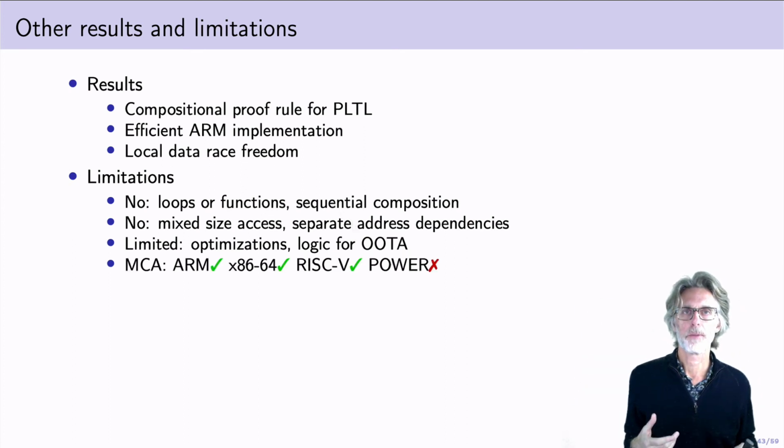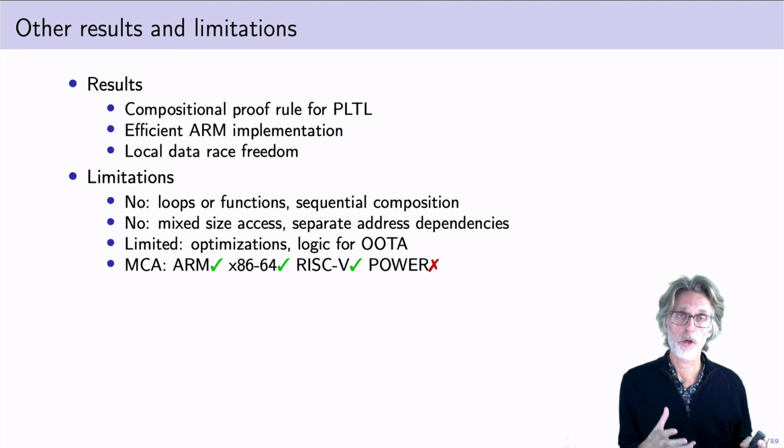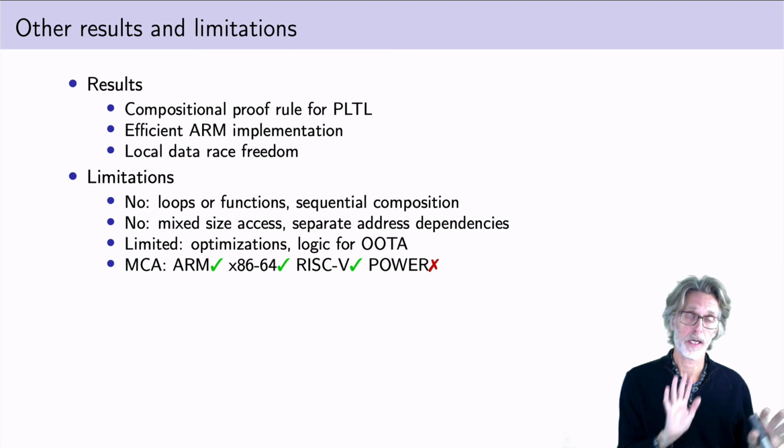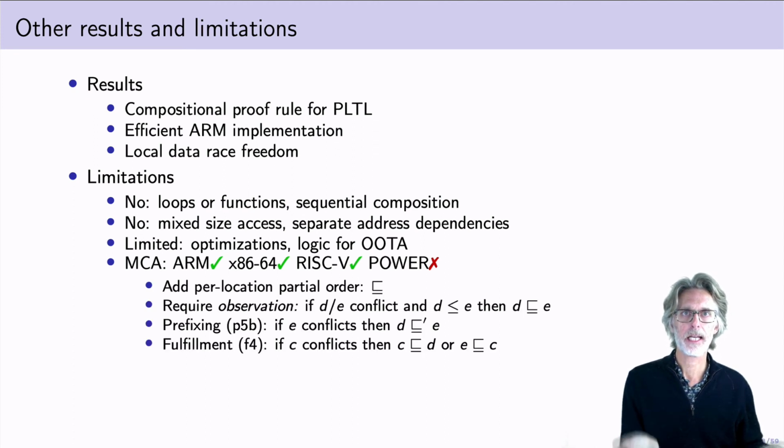But the main objection I've heard to our paper is that we're not handling non-MCA architectures, such as Power. Having only one order does simplify things for a programmer, and it also simplifies our proof of local race freedom. But it's not completely fundamental to our model. We expect that by adding in a second order, one could possibly compile to non-MCA efficiently while maintaining the good